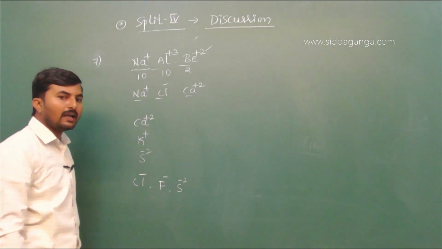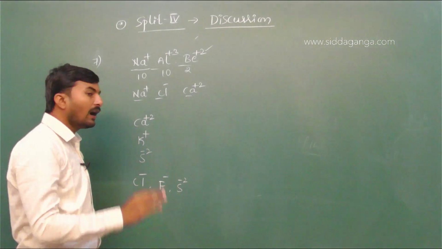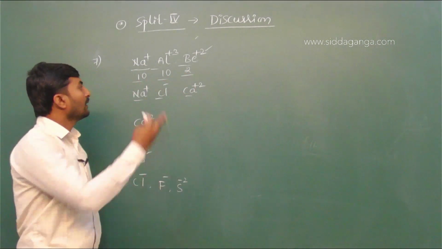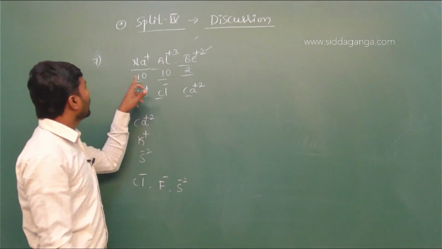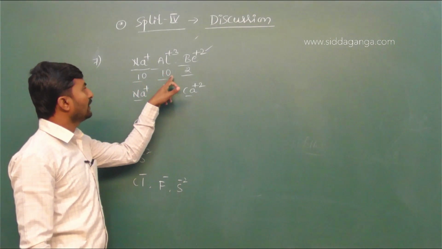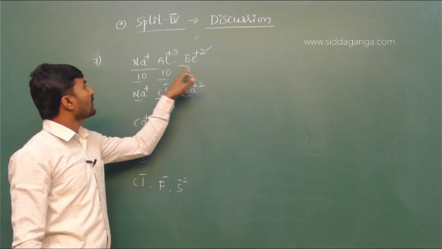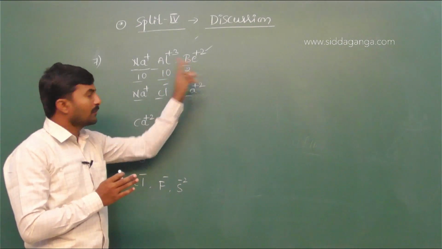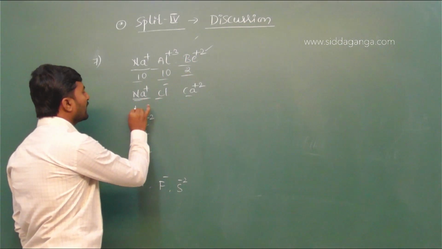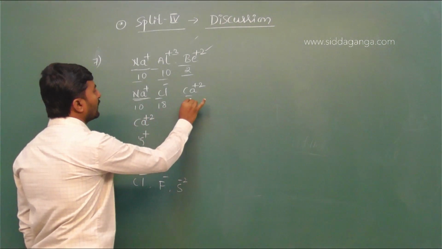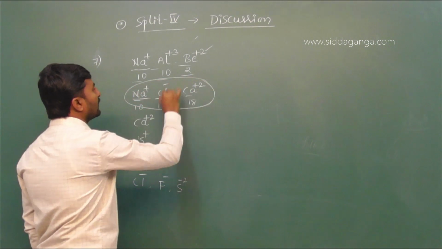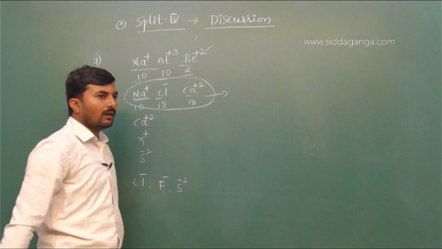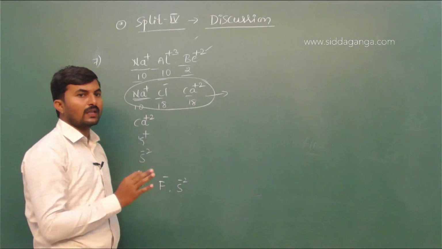So we can compare the ionic radii of isoelectronic species, not species which differ in their number of electrons. Look here, there are 10 electrons here, 10 here, and here only 2. So there is a greater difference between their atomic and ionic sizes. In this example also, 10 and then 18, this is also 18. These species are not isoelectronic, so we cannot compare their radii because there are greater differences between them.